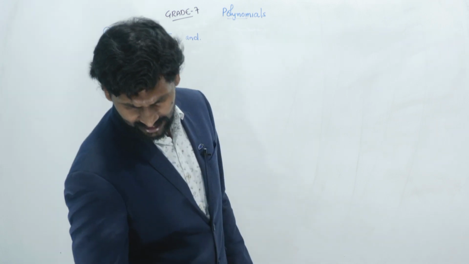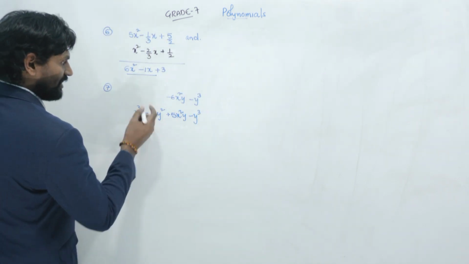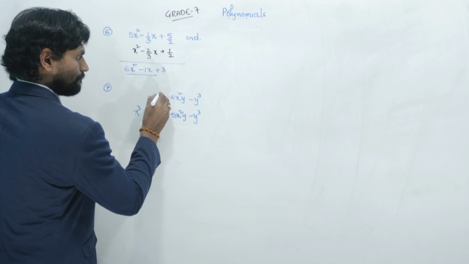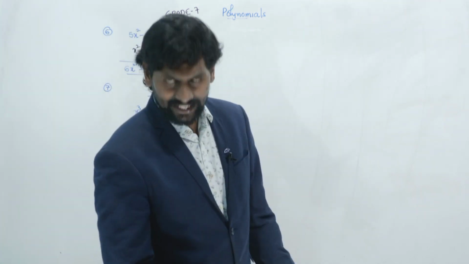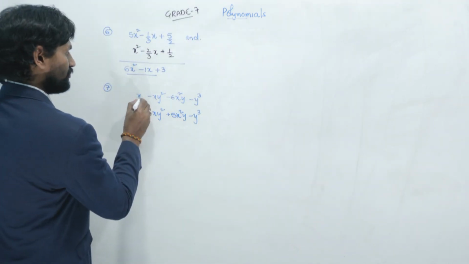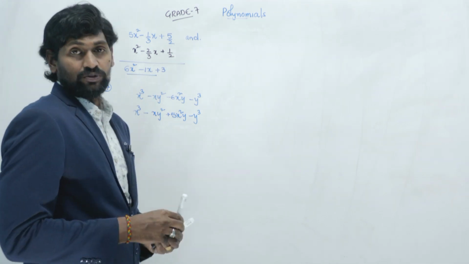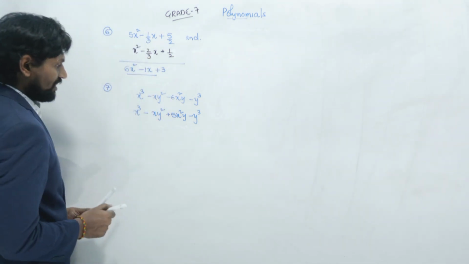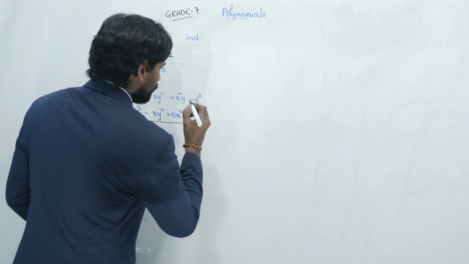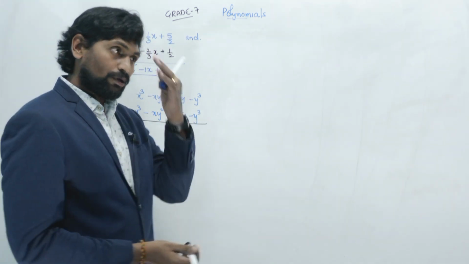Third term is minus xy square. So xy square here also, minus xy square. And the last one is plus x cube. So try to subtract. But here, while comparing it with the 6th problem and 7th problem,